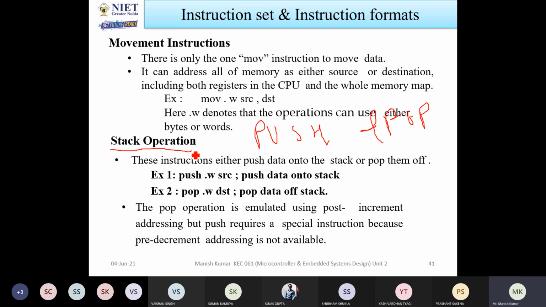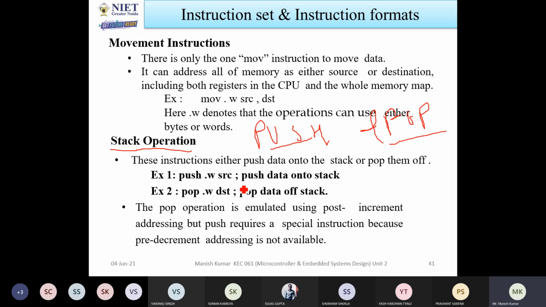That's why the same thing happens with the data with the stack pointer. So whenever we are pushing the data, it means that when storing the data into the stack, we will use push instructions, and when we retrieve the data from the stack, we use the pop instructions.